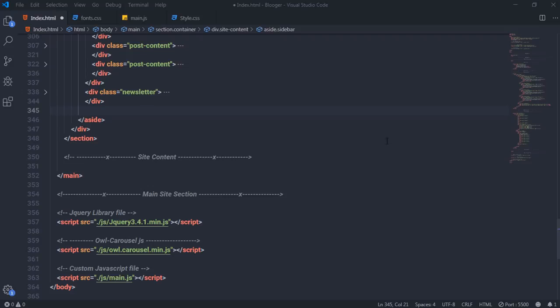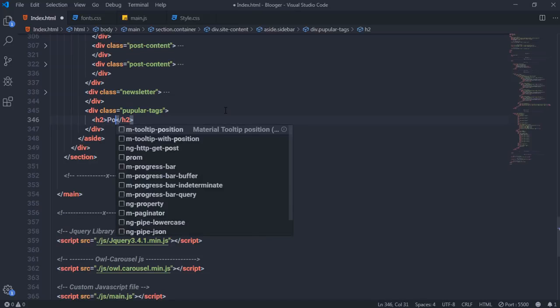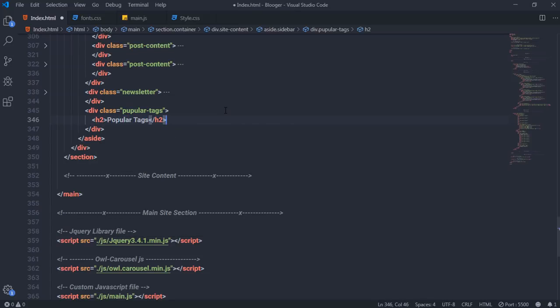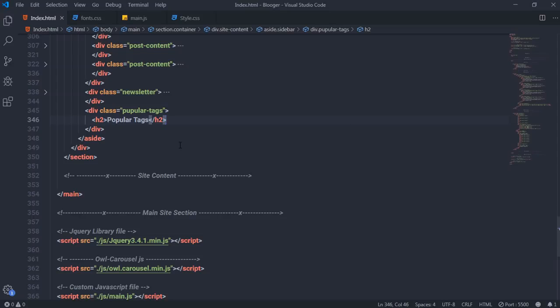Now it's very simple to create these popular tags. So just after this newsletter section, I'm going to just create here a division tag with the class popular tags, and inside this div I'm going to have h2 heading tag with the text popular tags. Save the changes, and as you can see I have here a text popular tags,